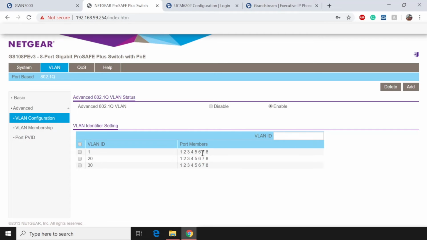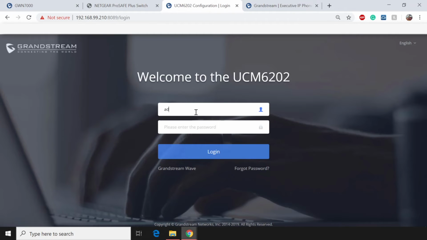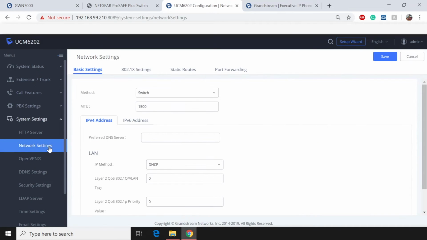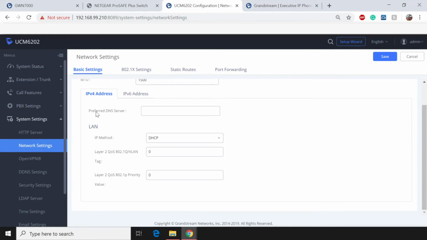But with the switch all taken care of, let's go ahead and program the UCM, and we're going to make sure that this is on the VoIP VLAN. In order to do this, we're going to go to System Settings, Network Settings. As you can see here, I'm currently operating in switch mode. Honestly, it doesn't matter if you're in route or in dual mode, you will have the VLAN 2 QoS 802.1q VLAN tags available for you. So because our VoIP network is going to be on 20, I'm simply going to